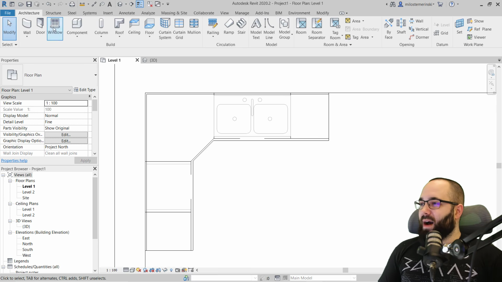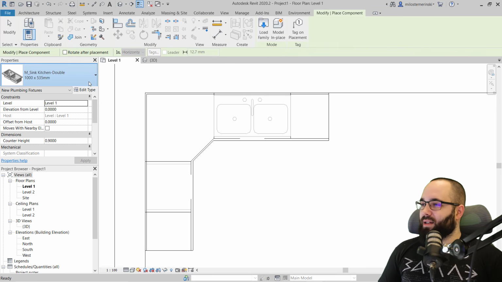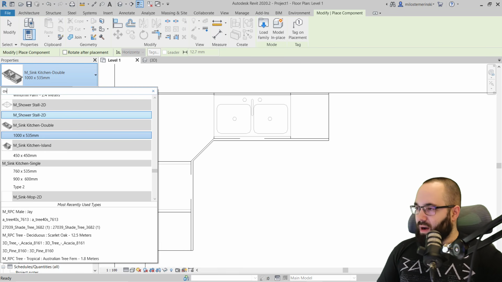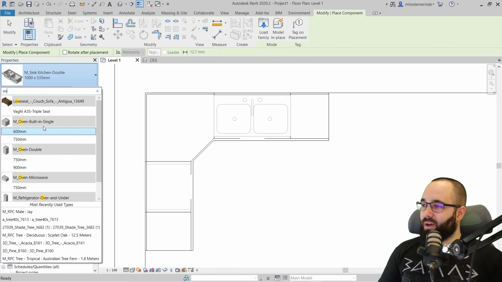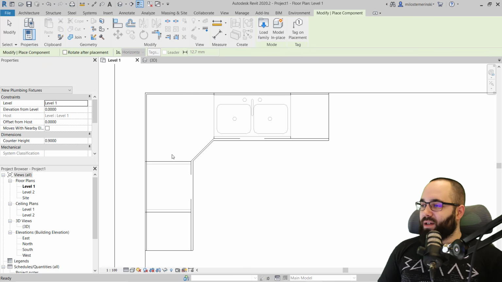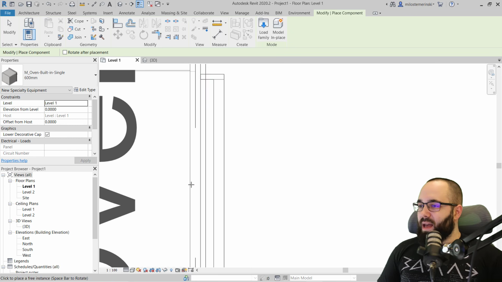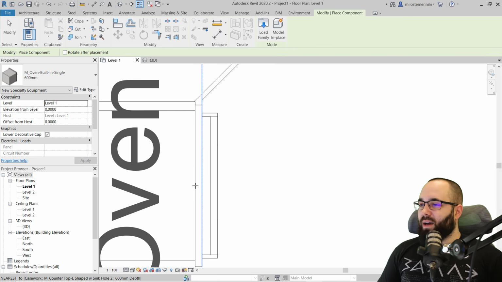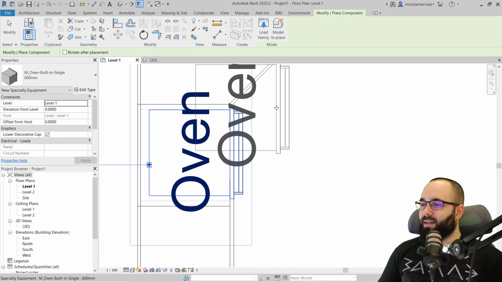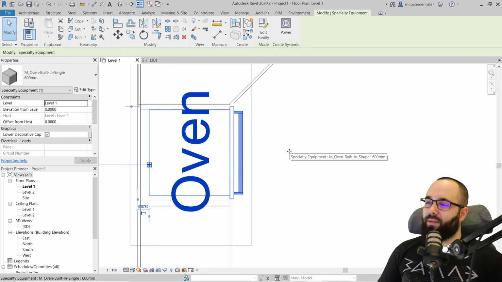So for the oven, perhaps first let's do that. Again, let's open up the drop menu here, and then let's search for oven. Let's see. Okay, here we go. Built-in oven, 600mm. That's perfect. Hit the space key to flip it around, and then here you just want to make sure you align it properly, just like that. Press the escape key a few times, and don't worry if you miss,